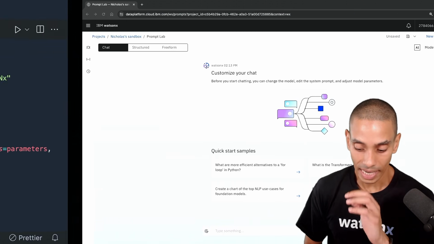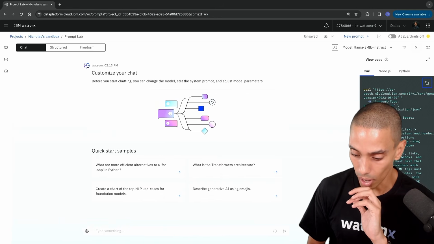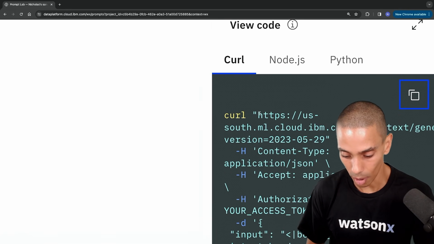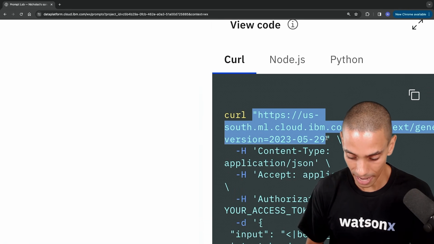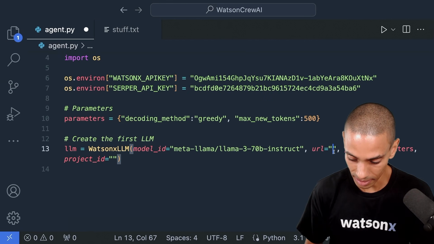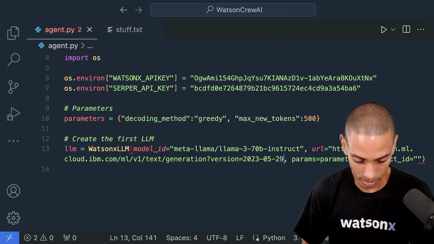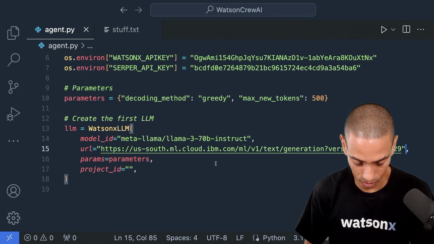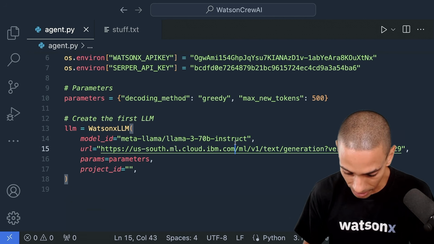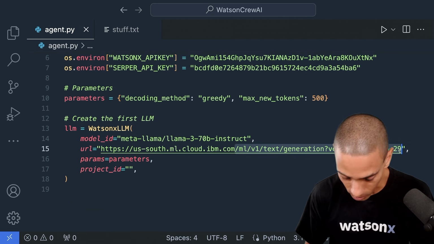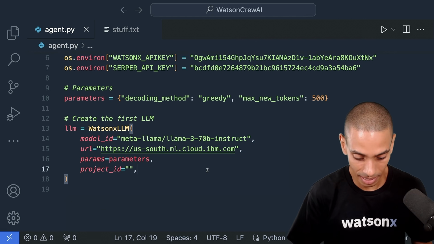And we also need to go and set the URL. So we're going to go over here. We've got the ability to copy this URL, so I'm just going to grab that and then paste this into my URL area. Let's save that so it should reorganize it. Okay, so I'm just going to get rid of everything after the .com, so we don't need that. Okay, so that is our LLM spun up.